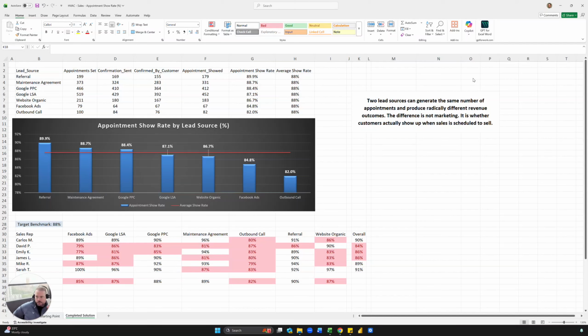Well, two lead sources can generate different revenue, right? Just because they set up an appointment doesn't mean they show up. And so the difference in that, it's not marketing, it's if they show up. And so here I want to show how to calculate this based off of lead source, was the appointment set,